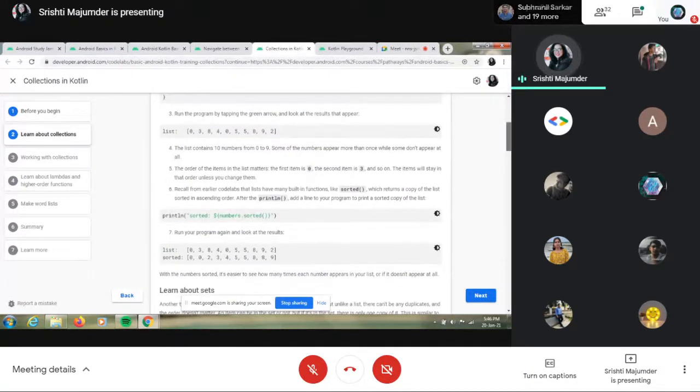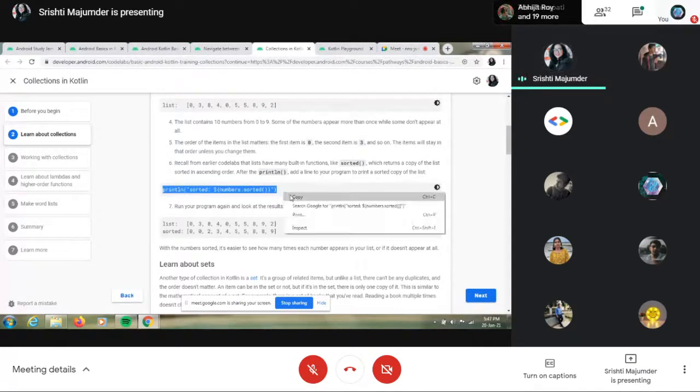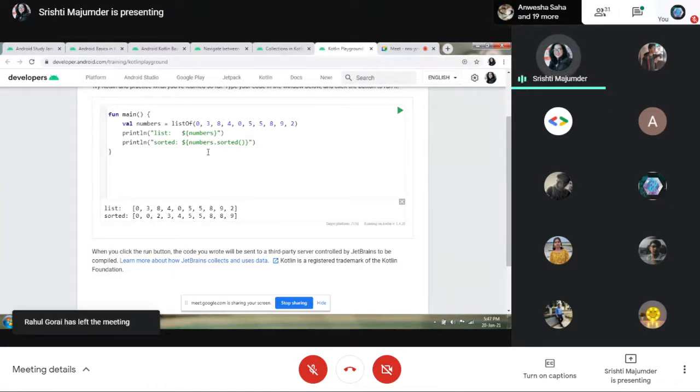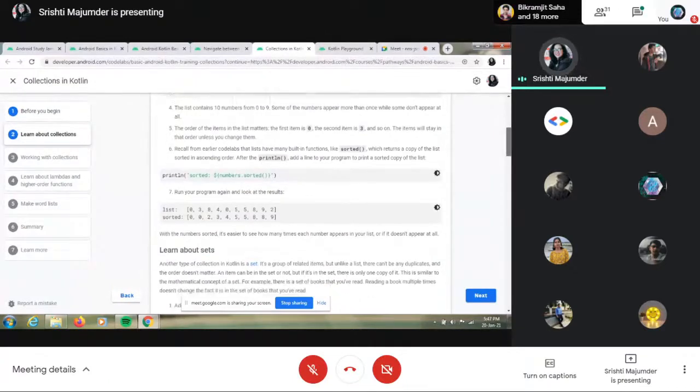You have several types of inbuilt functions like sorted. So let us do this. As you can see here, we have simply sorted it, and it's now in order. How have we done this? We have simply used a sorting function, by writing dot sorted. So that is it. That was all about lists. There's nothing much more to know.